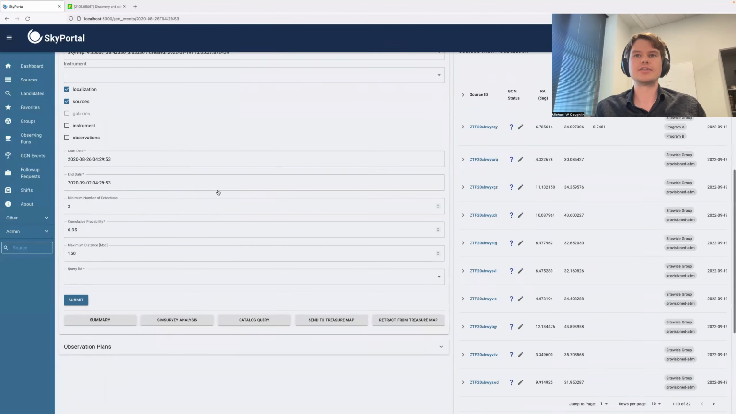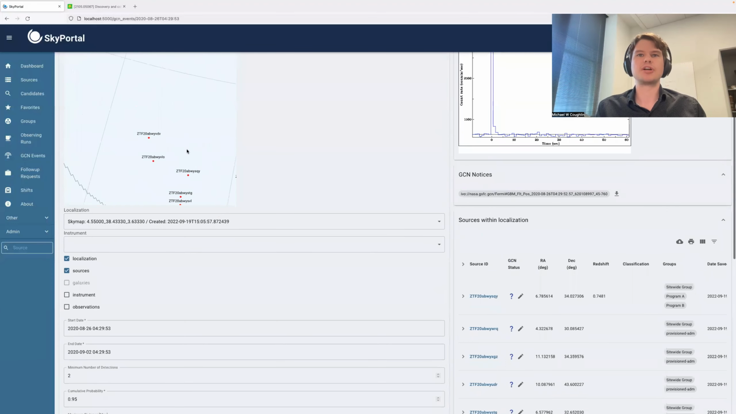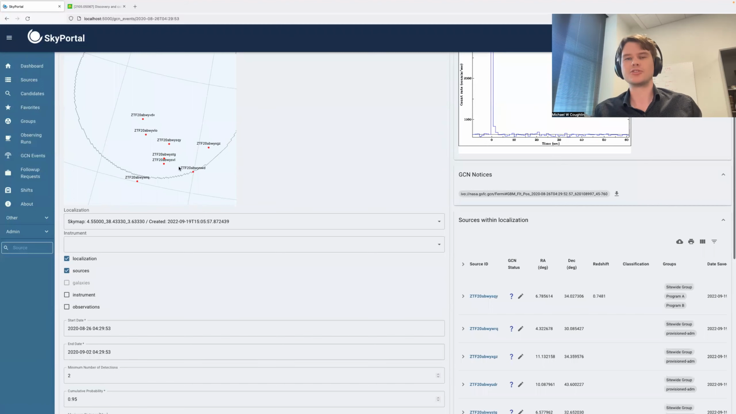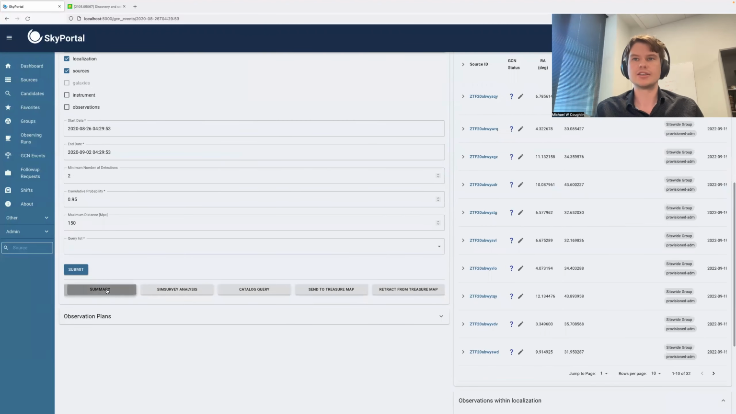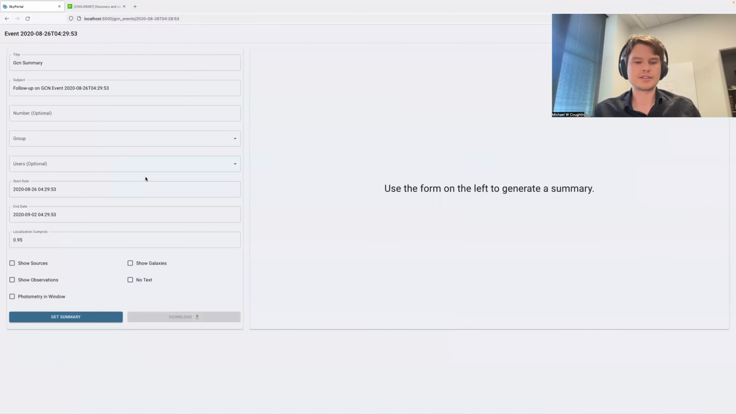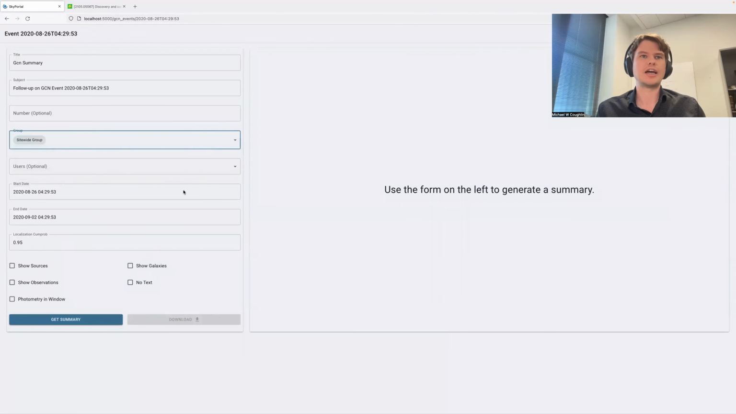and so I promised some kind of summary. So this is nice for evaluating. You can click on these and go to the source pages for these individual sources, which is nice. But here we're going to click on the summary to get some kind of textual representation of the follow-up that was done. And so here, I'll choose a group, and then I will, in this case, request the sources and